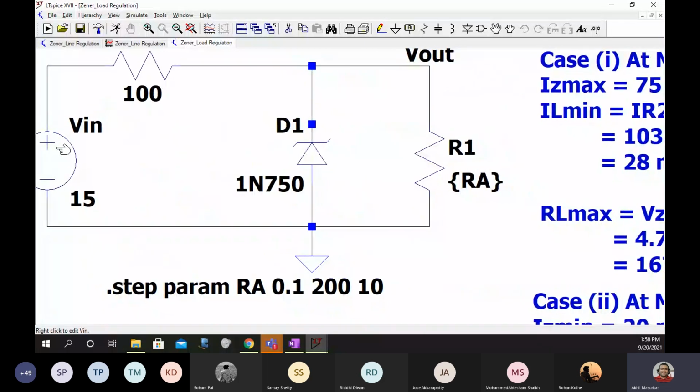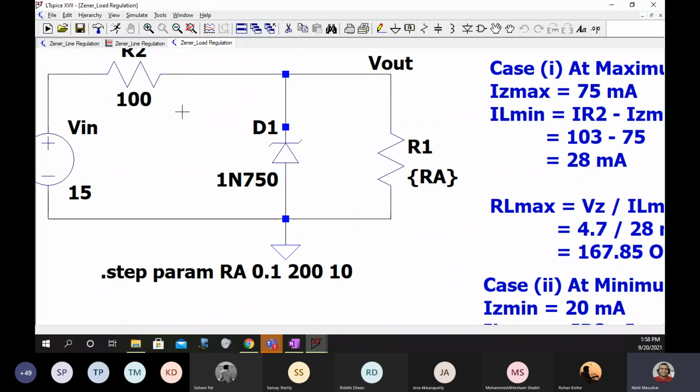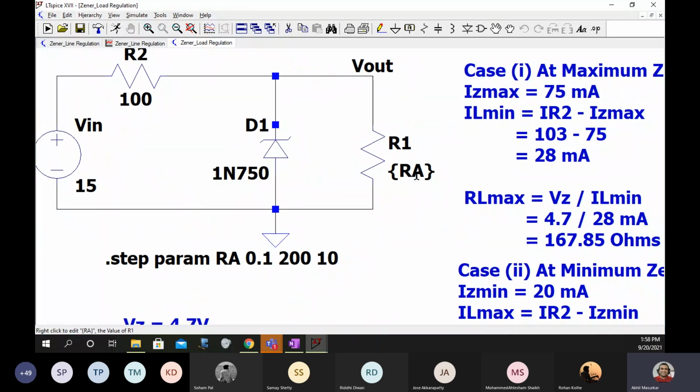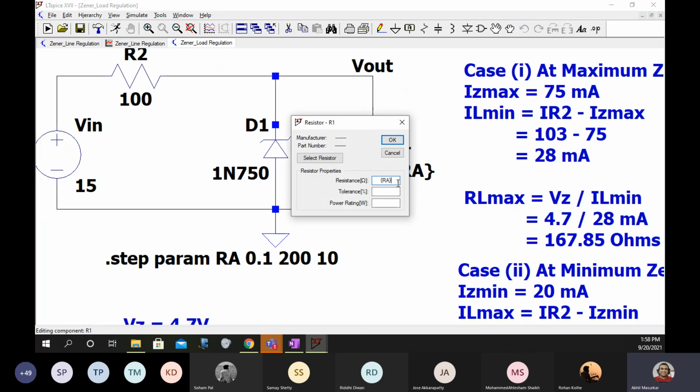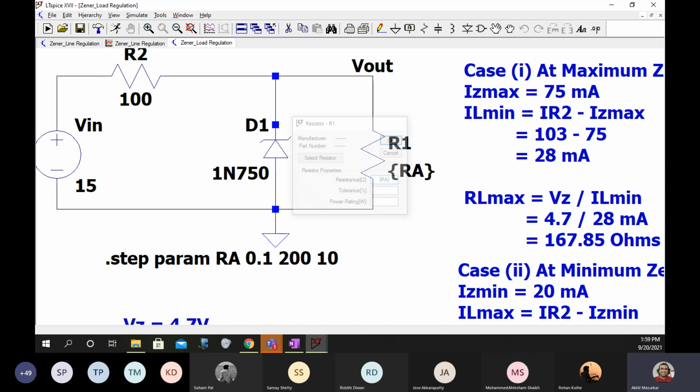So first you set this circuit. Now you will face a problem when you write this. So you can see your entire circuit is the same. Okay, but here you click on this R1, and generally when you write the value, when you write 100 ohms like this, instead of that you will write curly brackets RA, close the brackets, say OK.